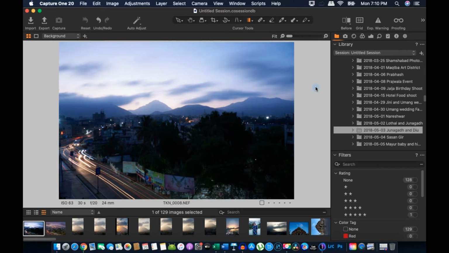And in today's video I am going to show you a landscape edit, and we're going to work on the photo which is on screen right now. This photo I have taken on my trip to Saurashtra, which is a region in Gujarat state, and what you see at the back is Mount Girnar, the highest peak in Gujarat state in India.